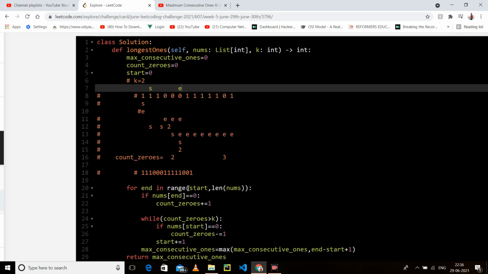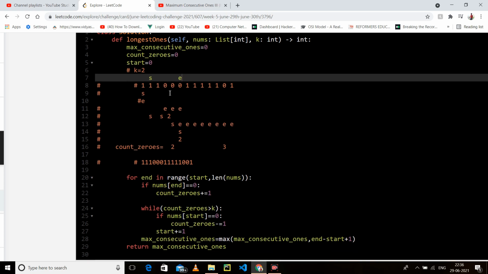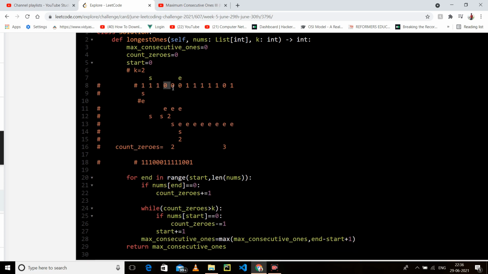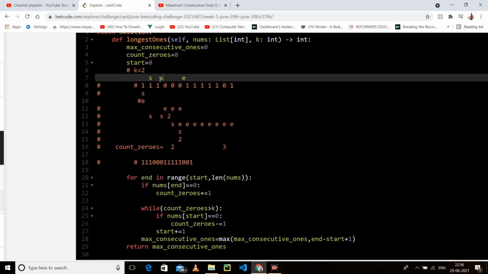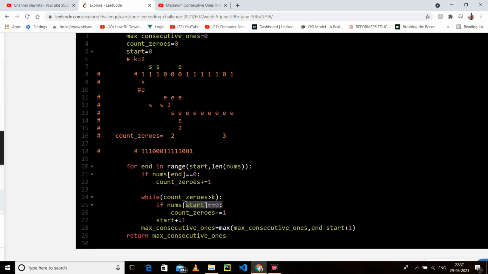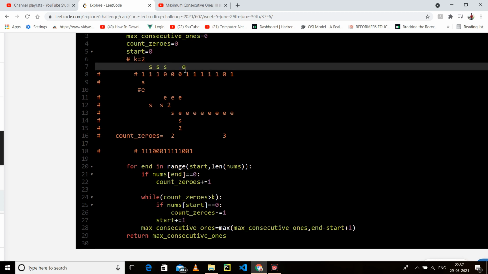So it will check start. Okay, so let me again, because I have a hold, because I haven't decreased count, so I have to decrease. So I will again increase start. So our start comes here. It will again check. Start is 0? No, it is not 0. Okay, let me again increase s. So it will come s to here.